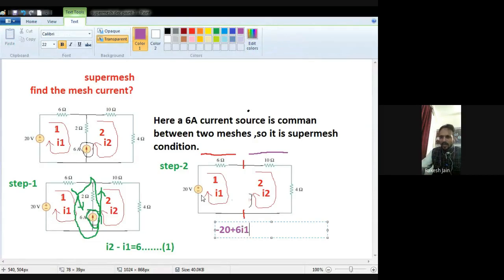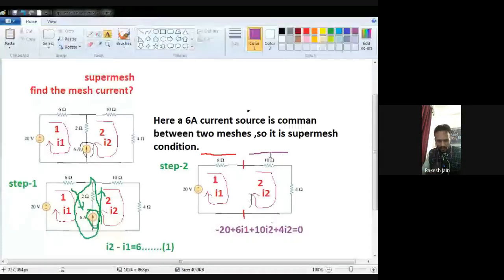Okay. Now what is the second step? See very carefully the second step. I again copy and paste this one. First of all, I just mentioned that this is step first, and now here I am going for the step second.